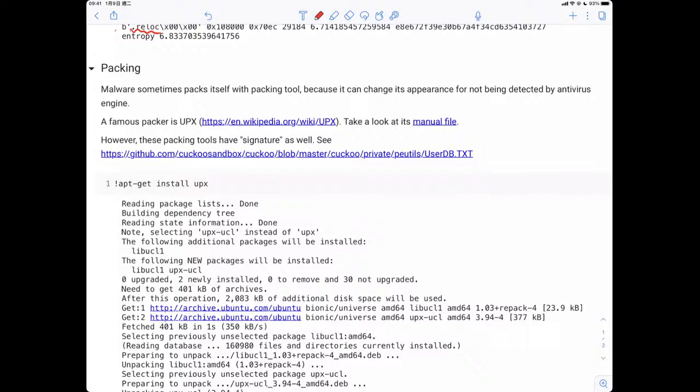What does packing mean? If you have a file and you compress it using zip, you get another file whose appearance, which means every byte, is totally different from the original one. But if you know how to uncompress, which means how to unzip this file, you can obtain the original file.